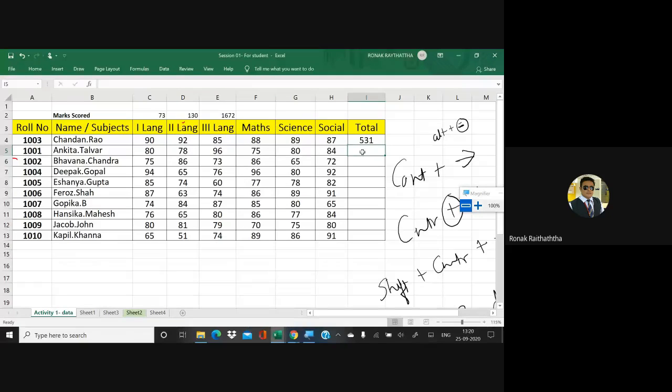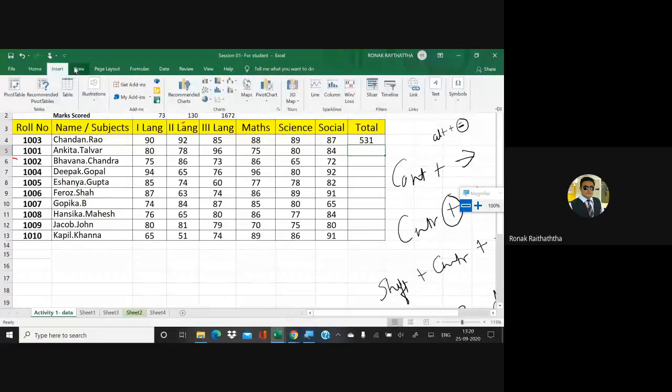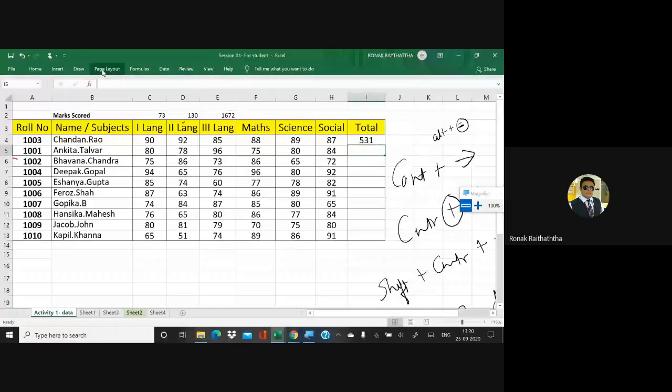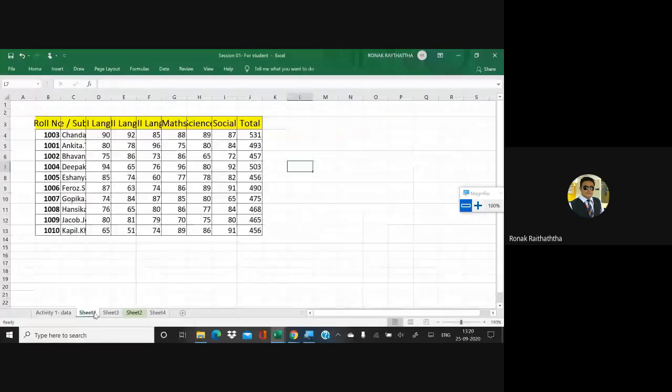That means based on that, the names would be given. So if I am here over there below 531, that means that is I5 cell. But yes, as per my requirement, I can change it. There are various tabs. By default, there are 7 tabs. Draw I have added. File, in some of the laptops, it might be there. In some of the versions, it might not be there. Okay.